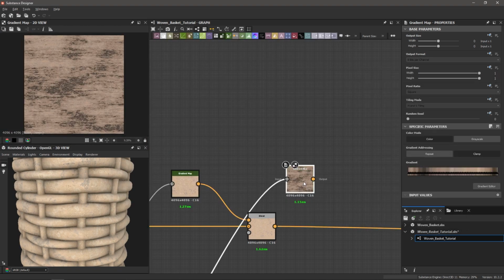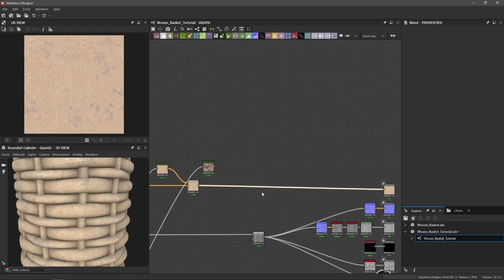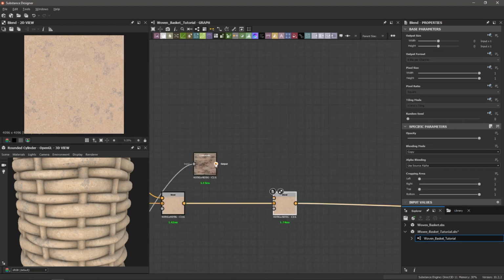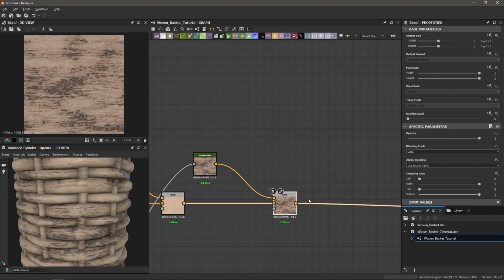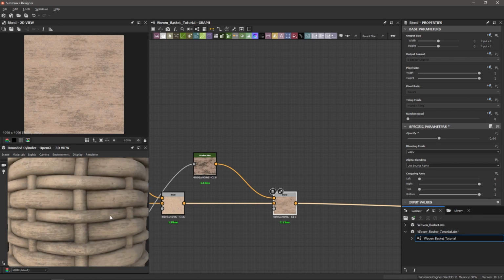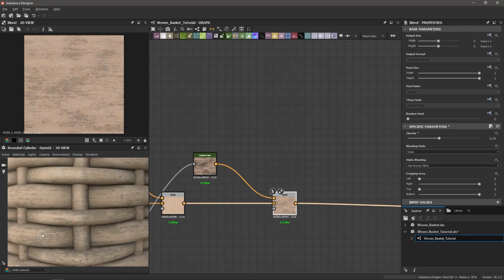Okay, so let's blend this on. We'll select that connection for our color. Blend, and then connect the gradient map to the foreground. Keep the blend mode set to copy. And let's just bring down the opacity. Great. Now we're running into one small problem, and that is that the wood grain color is now overlapping onto